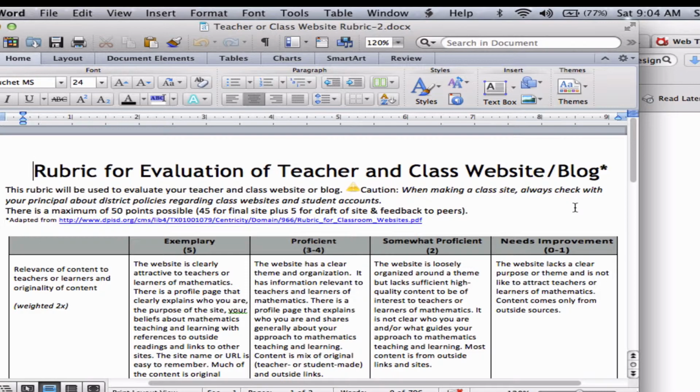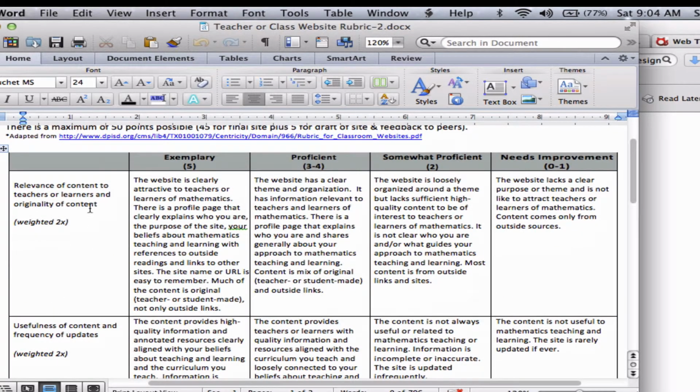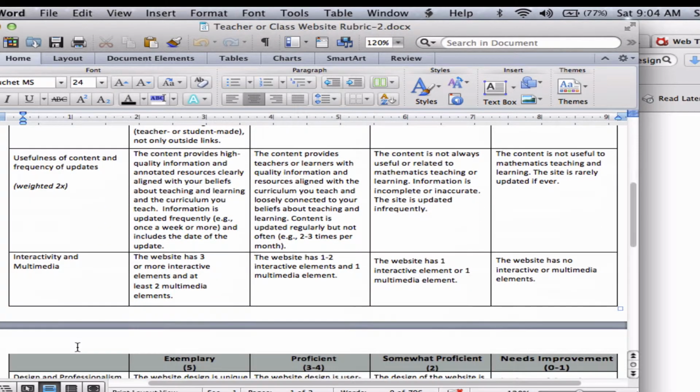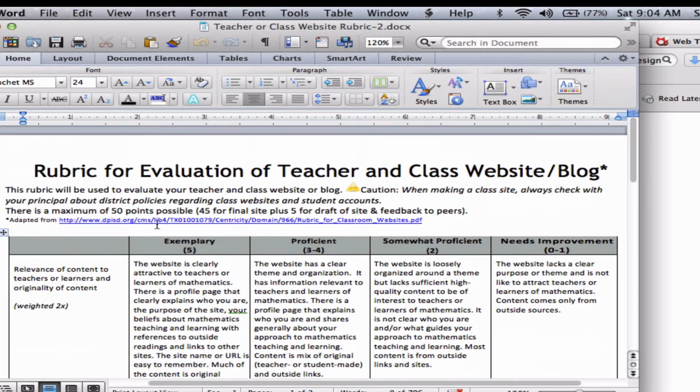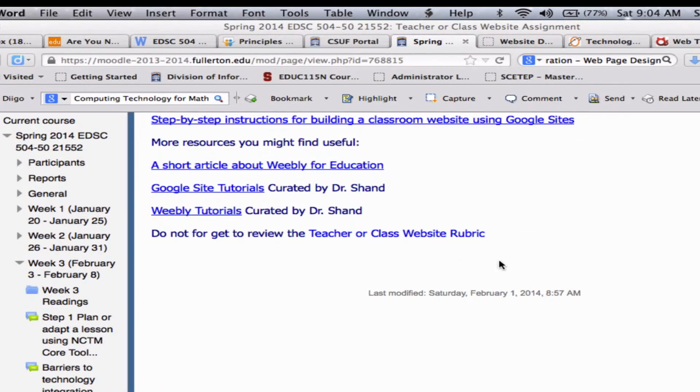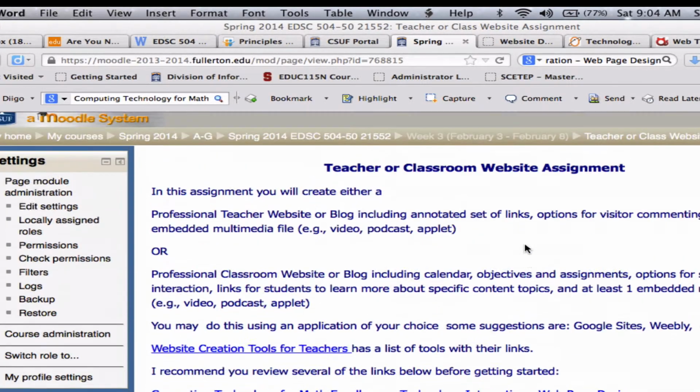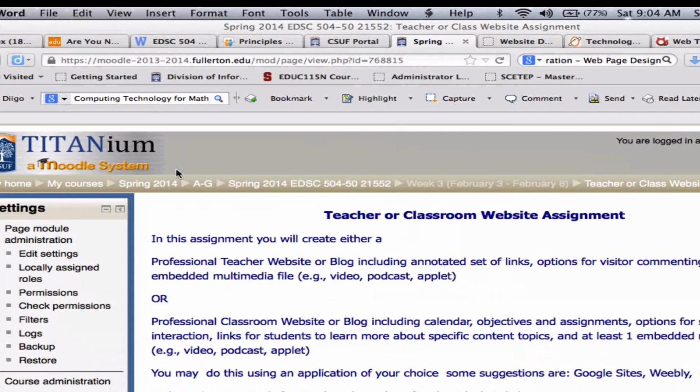I would like you to find a couple of sites and evaluate them with this rubric. And when you post, you just have to say like relevance, and say 4 points or 8 points, so I know what you would score the site. You want to give me the link to the site and what you would score the site by category, and then total, and then any other comments you want to make about the site. So you want to take a look at the assignment and that rubric before you come down here